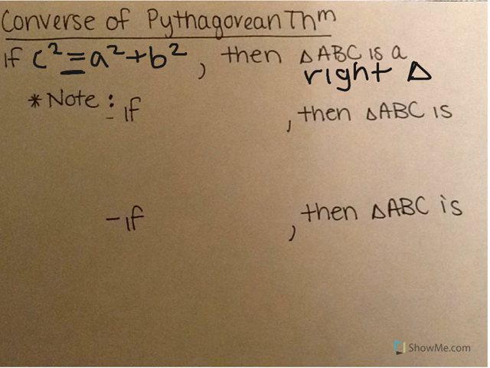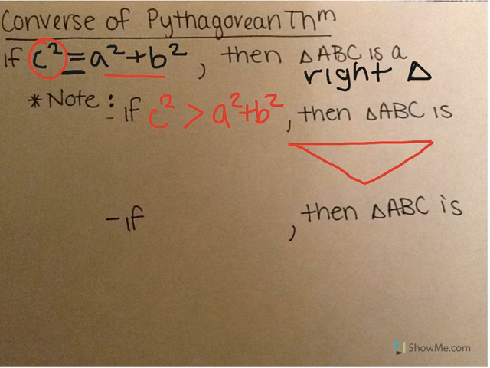Now the kind of cool thing is, if it's not a right triangle, you can figure out what type of triangle it is, acute or obtuse. That's because C is my hypotenuse over here. If the hypotenuse is longer than the two legs, so if we have that c squared is greater than a squared plus b squared, so I have a really long hypotenuse with two shorter sides that add up to smaller than that, then I have that triangle ABC is an obtuse triangle,